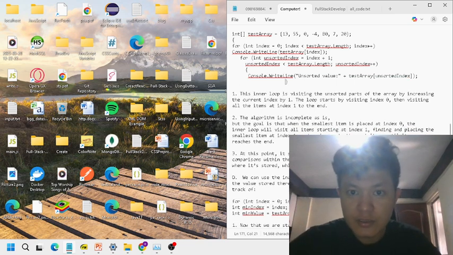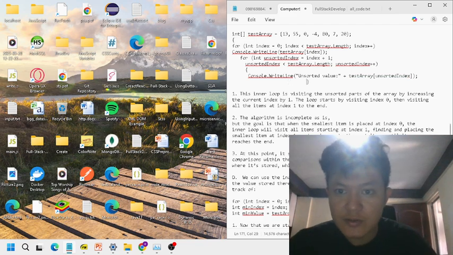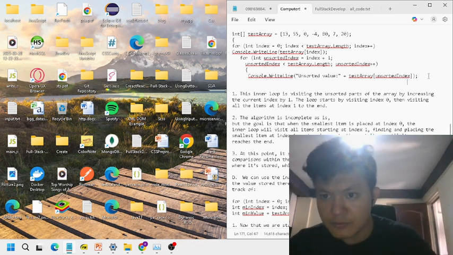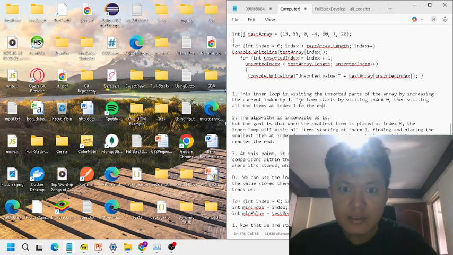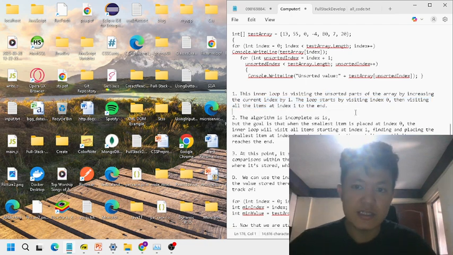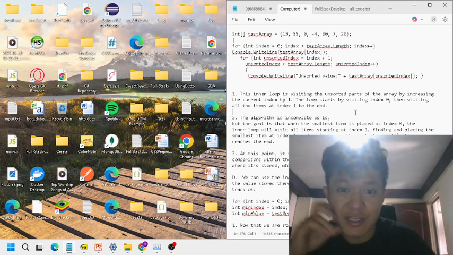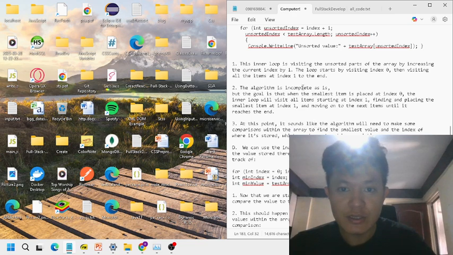Now, this inner loop is visiting. Let's just fix this. This inner loop is visiting the unsorted parts of the array by increasing the current index by 1. The loop starts by visiting index 0, then visiting all the items at index 1 to the end. So it starts with 0, and then once it got the value at 0, it moves to 1, and then